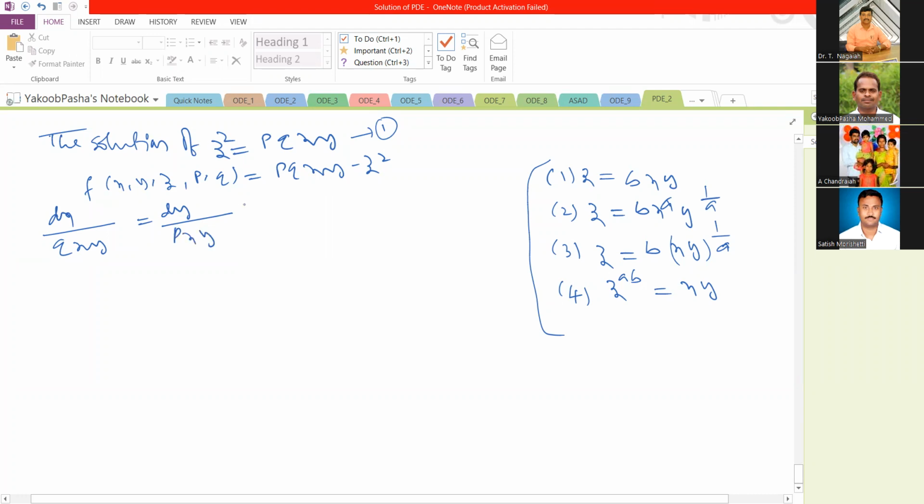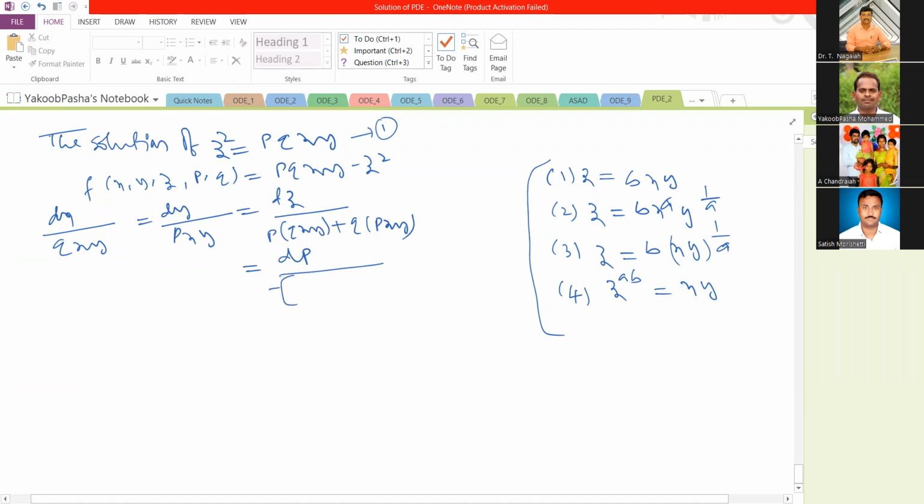That is pxy is equal to dz by p into qxy plus q into pxy. That is equal to dp by